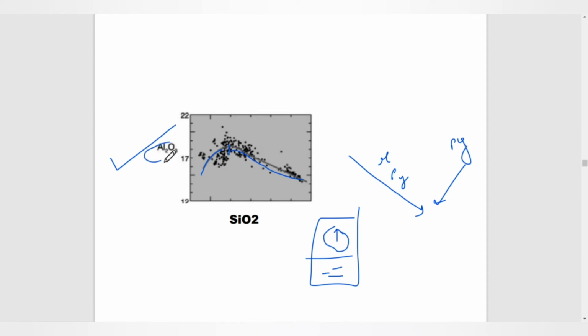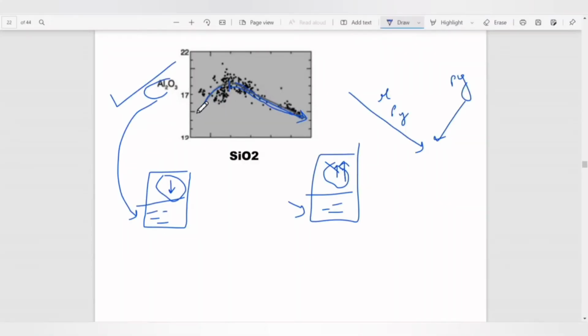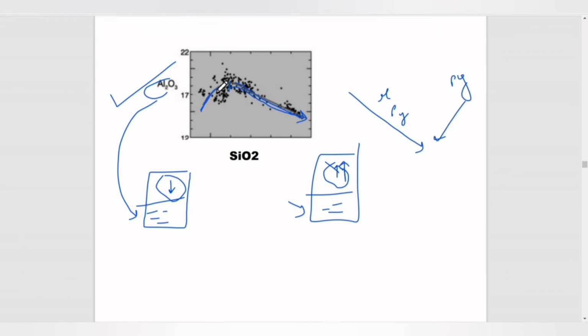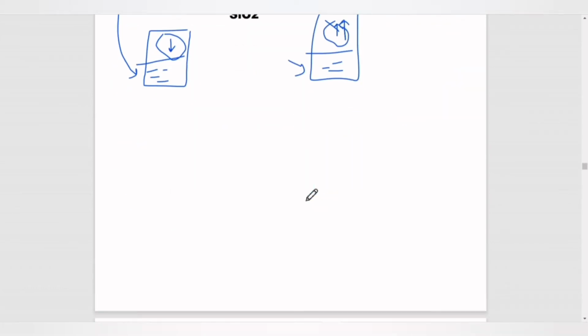Why? Because Al2O3 is not being used in olivine and pyroxene. Al2O3 does not come in them; what comes in them? Iron or magnesium. So in the remaining melt we will see more Al2O3. But after some point of time, what will happen? As soon as plagioclase starts crystallizing, it will separate out and use Al2O3, because in the formula of plagioclase we see Al2O3. So the remaining melt will get depleted in Al2O3, and its concentration is similarly shown in this diagram: initially its concentration is high in the remaining melt, and after that it is reduced as soon as the plagioclase starts crystallizing.